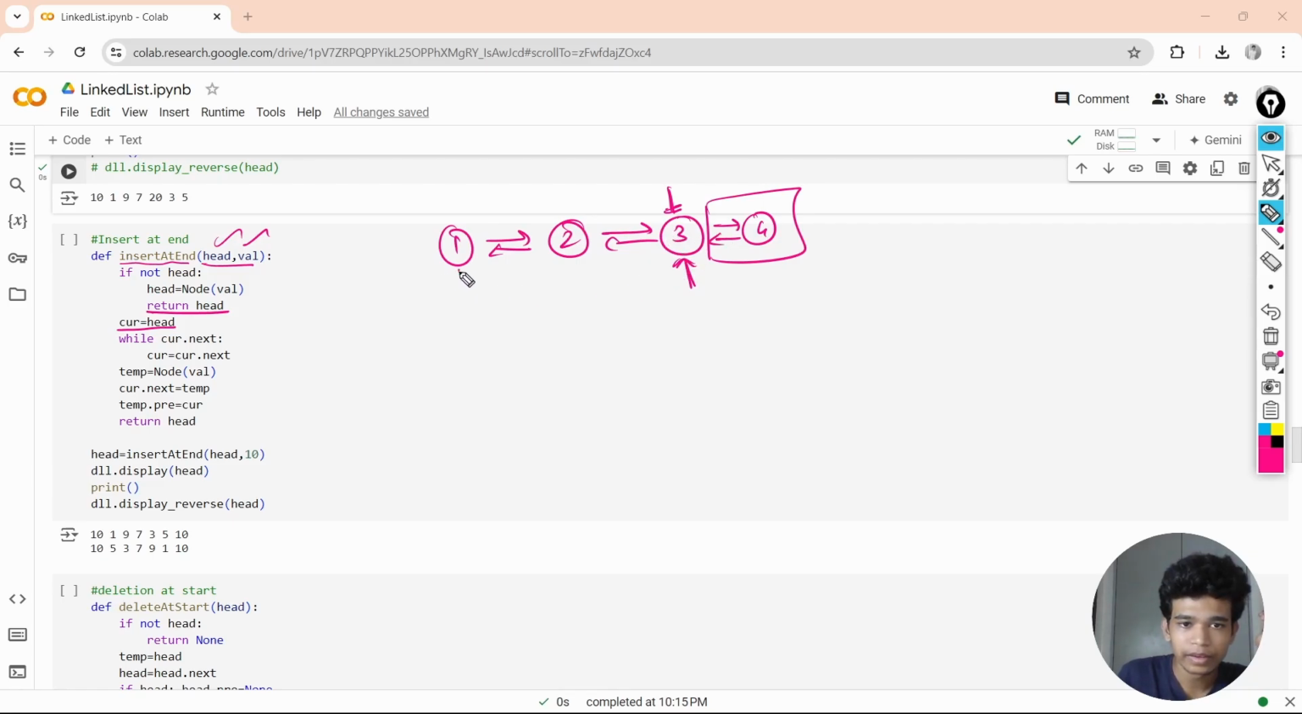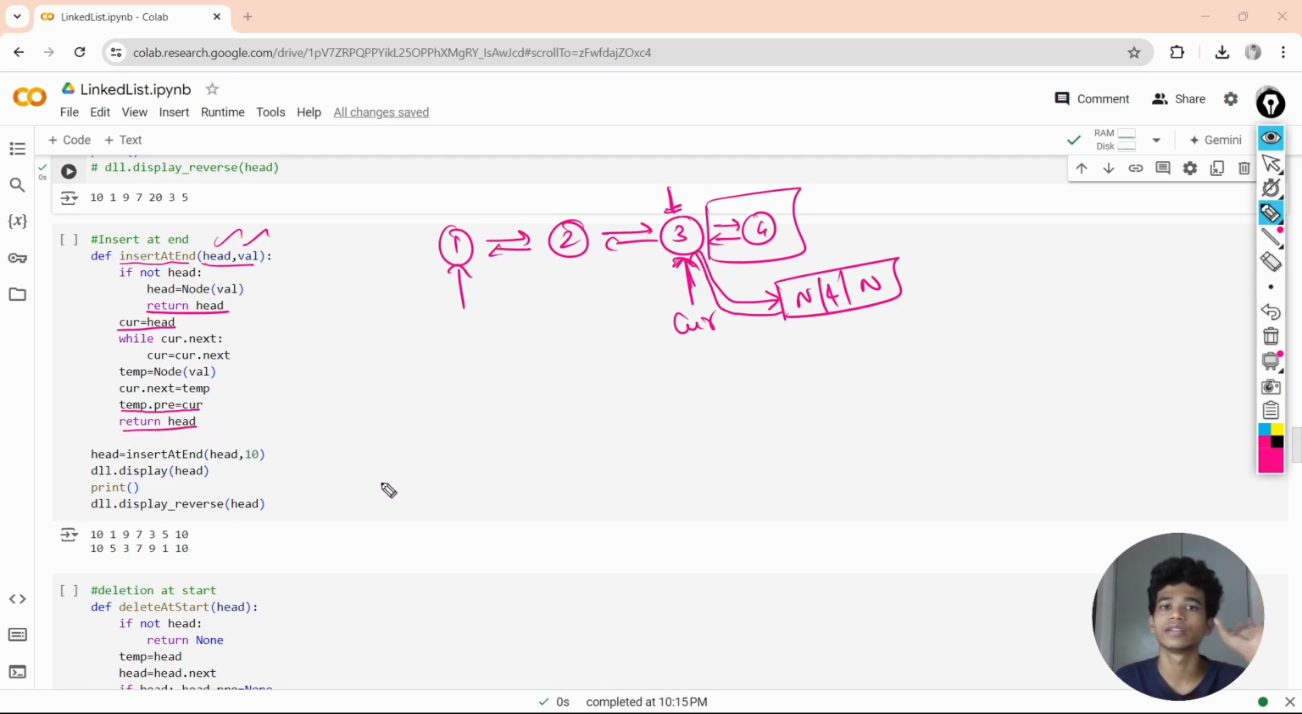So initially my current is here. Now my current is here. Fine. Now I'm creating a new node. Let me take this as 4. Now here also None, here also None. Current.next is equal to temp. So this is the current, right? So this is attached here. Fine. Now the second step is I want to make a connection like this also. So I am just putting temp.pre is equal to current. Now just return the head. That's it. So I'm returning this one. So see here, head is equal to insert at end, head comma 10, then